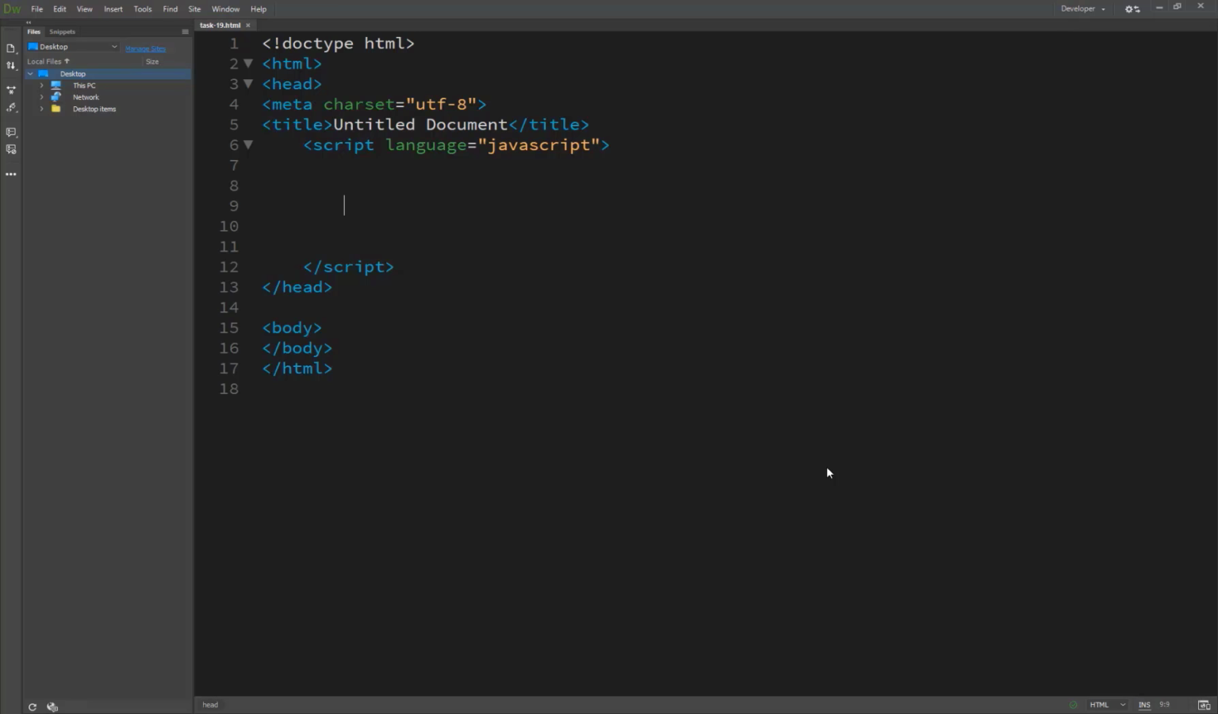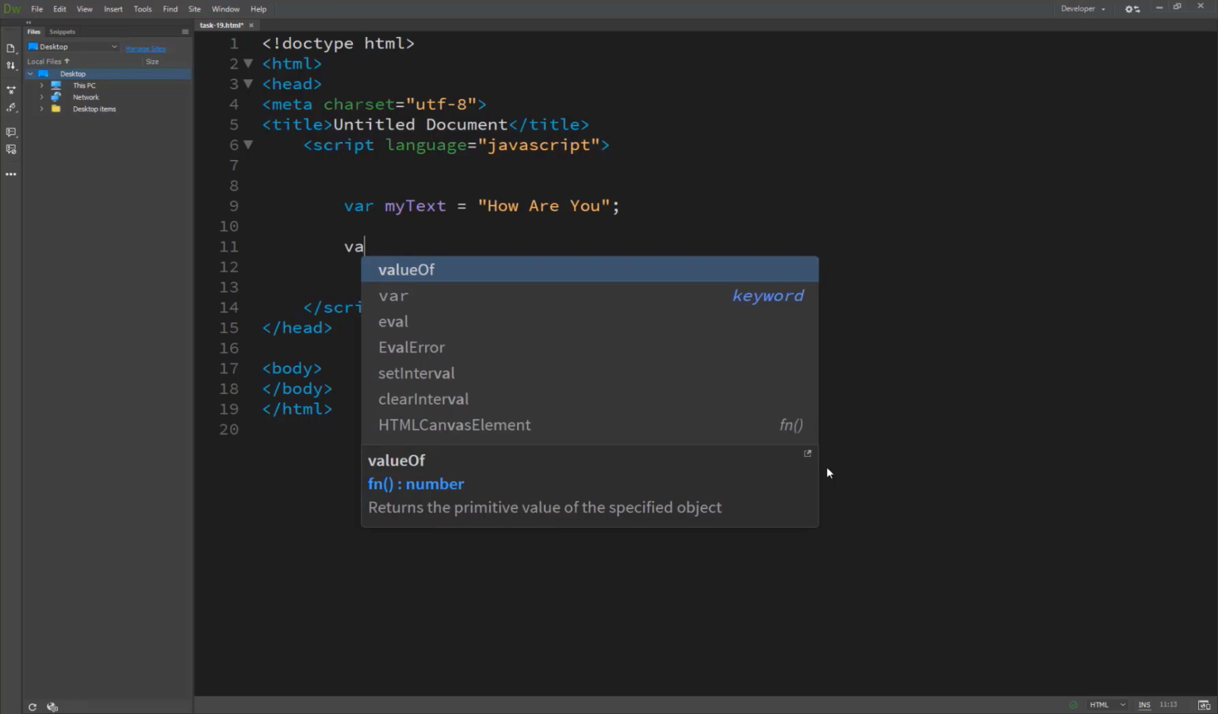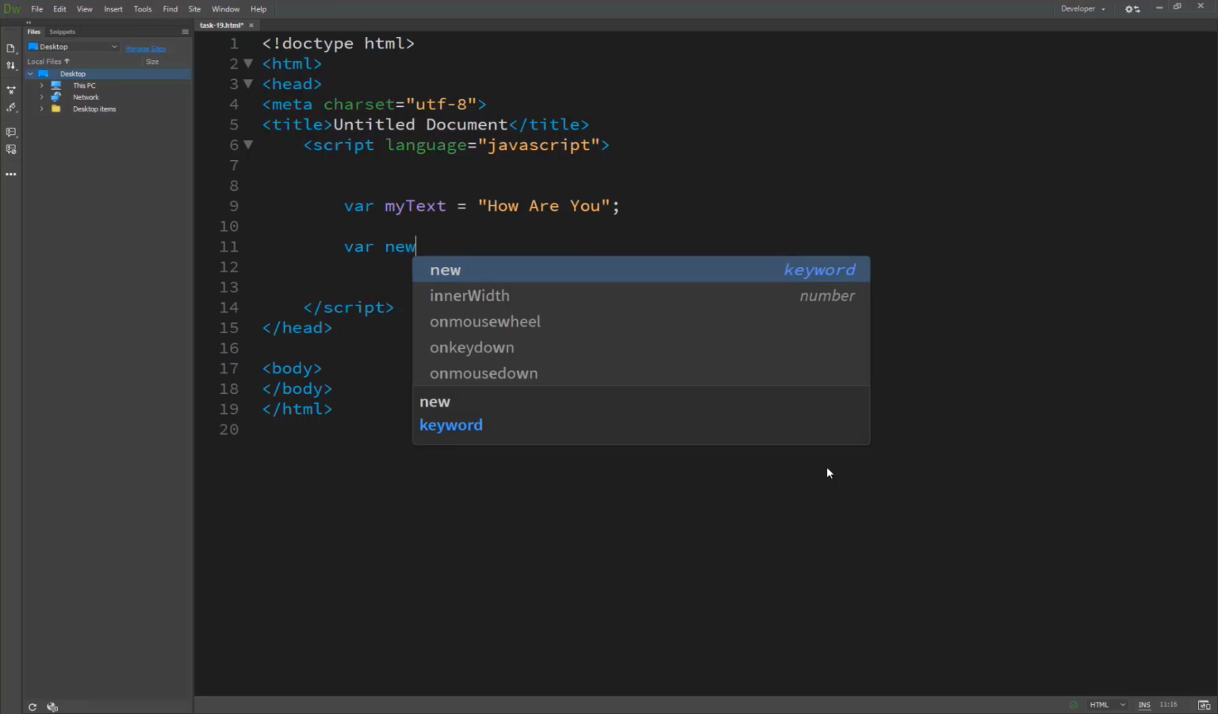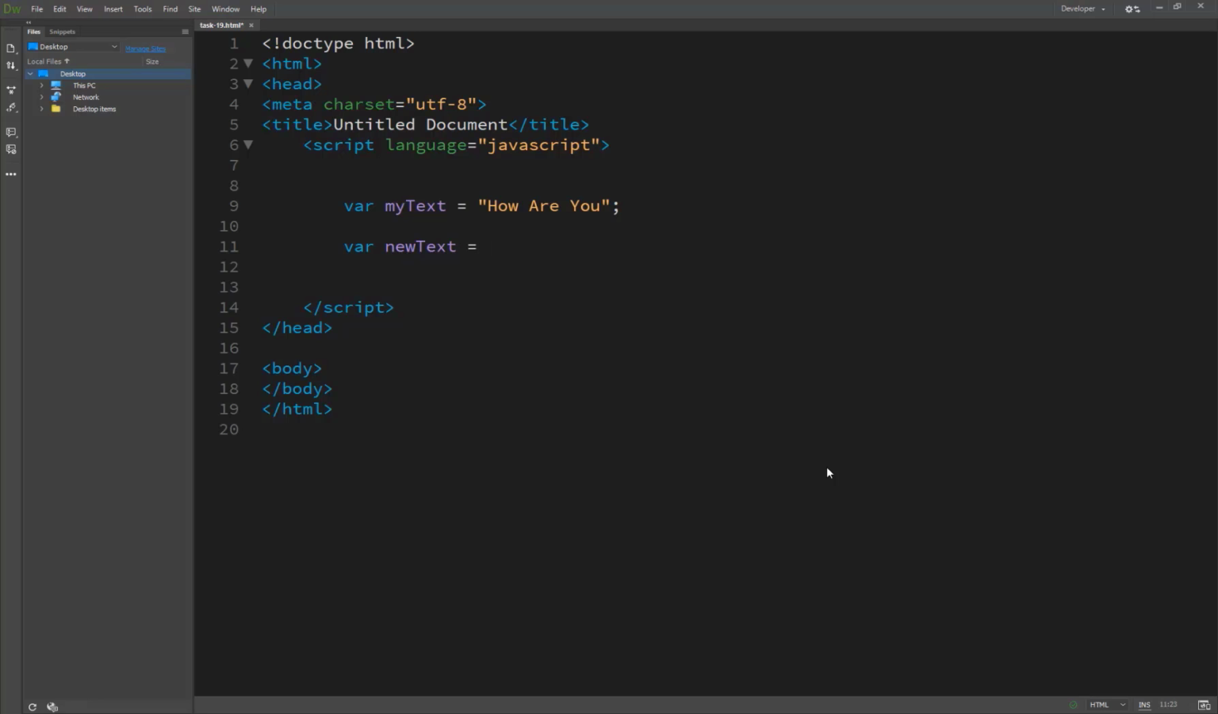So here we can go, we are just typing here reservoir and my text is equal to "how are you". Then var new text. And here we can apply multiple formatting functions, and you can shortcut this by relying on